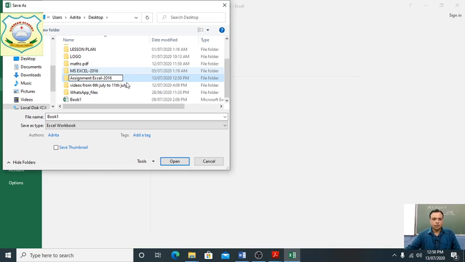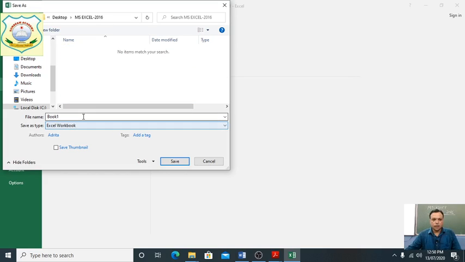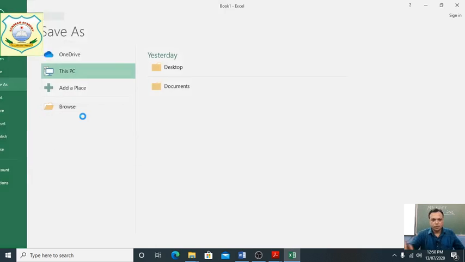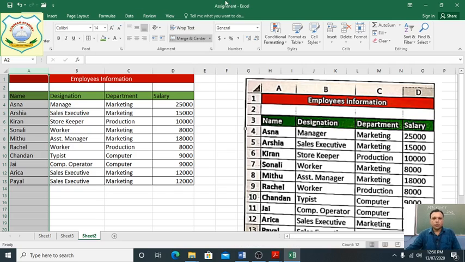Okay. Now the file name was previously Book1, now the file name is assignment. Clear? It is saved on the desktop.